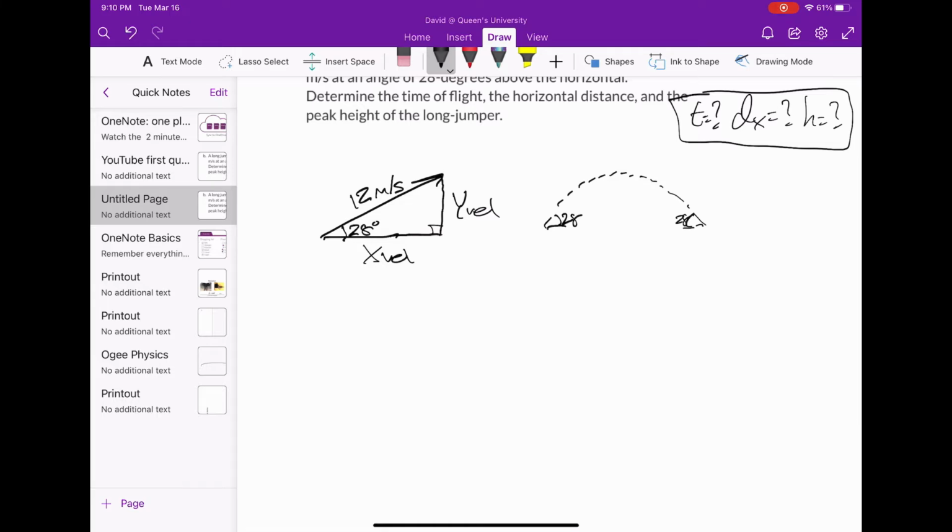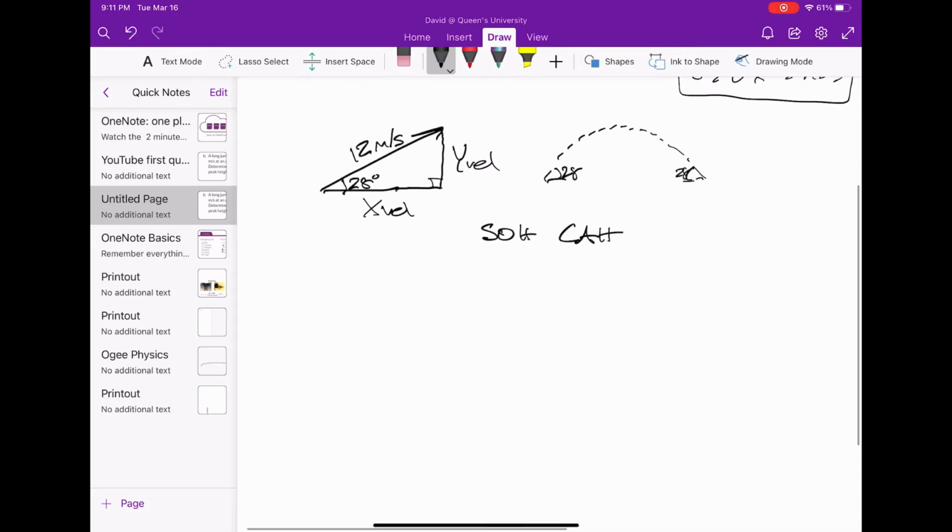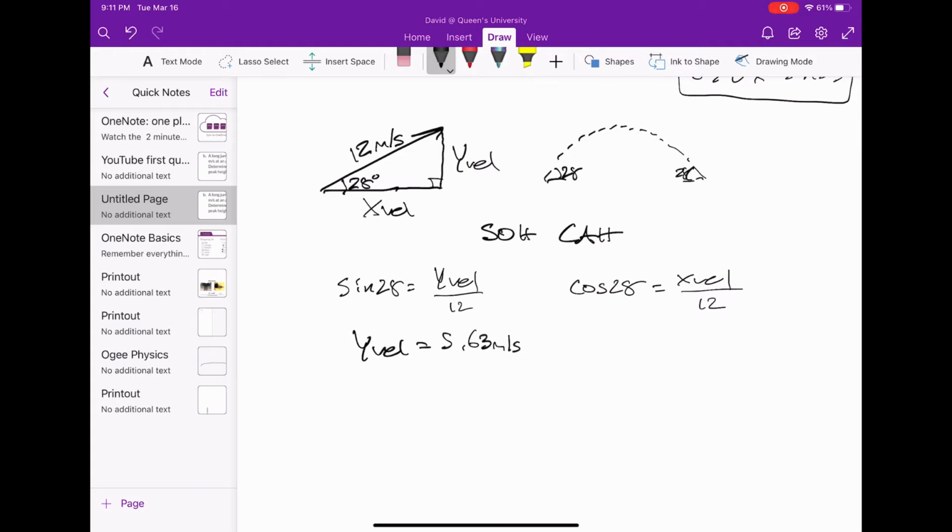So if you all remember your SOHCAHTOA, we have our sine is opposite over hypotenuse and our cosine is adjacent over hypotenuse. Tan we won't worry about for this triangle here. So we know that sine 28 is equal to our y velocity over 12, and the same thing for our cosine equals x velocity over 12. So we rearrange for both the y vel and the x vel, and this gives us 5.63 meters per second at takeoff, and our x velocity, which actually does not change throughout the duration of the jump, is 10.6 meters